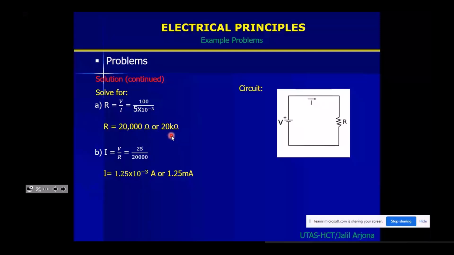And also for B, recall again the Ohm's law, I equals V over R. Since we only change the voltage, we know that the R is constant. So we took the same value of R from here because the R is constant. It was only the V that changed. So this is now 25 volts divided by this, and you get this value of the current. And this is the final answer for the current, 1.25 milliampere. So the Ohm's law calculation is very basic. So try to remember only the formulas of Ohm.